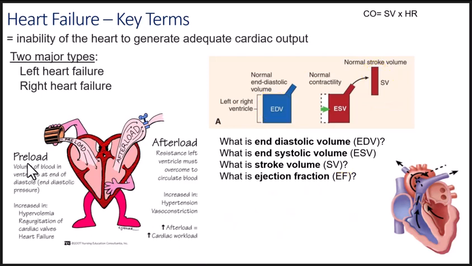The final concept on this slide involves the terms preload and afterload. I can't tell you how important these are for you to understand before proceeding on through the rest of this lecture, and in fact it will help you with later lectures as well. So this should really just be a basic understanding that you have, just like the flow of blood throughout the pulmonary and systemic circulation. So starting with preload, I want you to think of the word preload as the blood